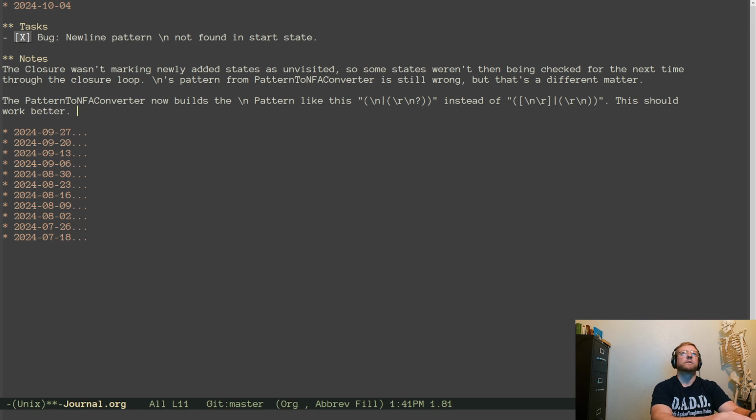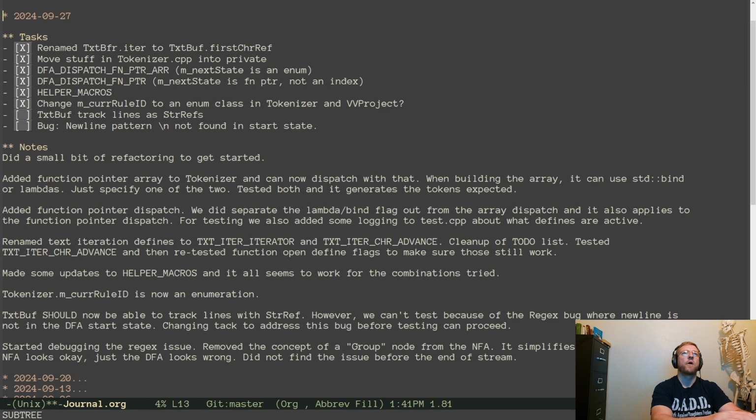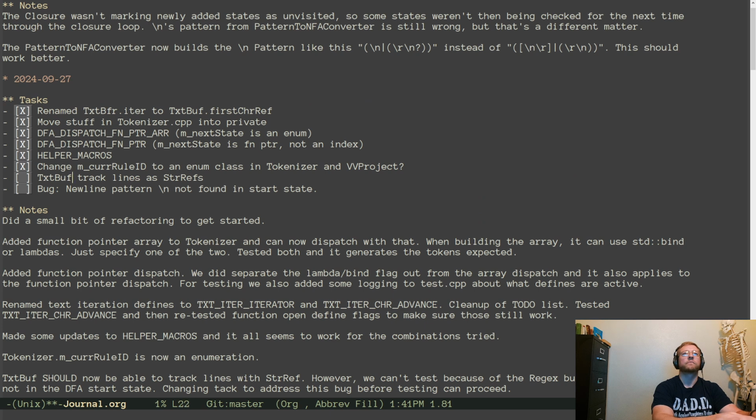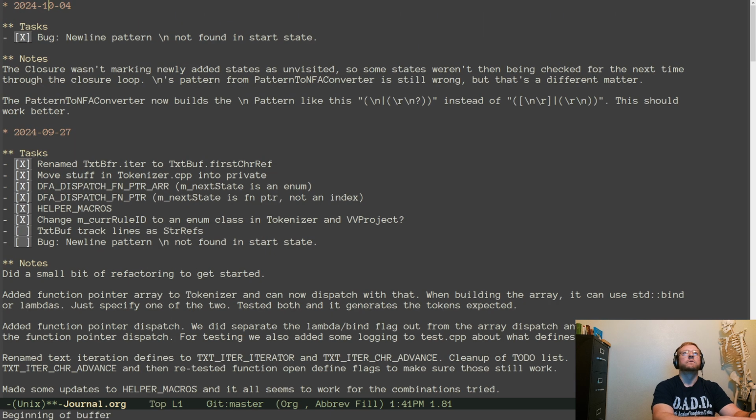Should work better. We should now be able to test the task from last week.